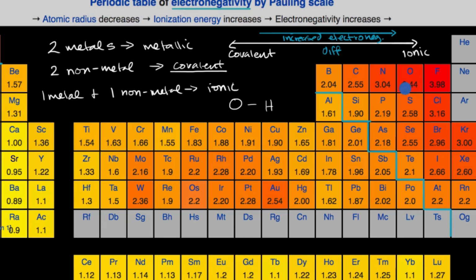This right over here is electronegativity measured on a Pauling scale, named after the famous biologist and chemist Linus Pauling. And you can see on that scale, oxygen is a 3.44, one of the most electronegative atoms. Electronegativity trends, we talk about in other videos, goes from bottom left to top right. The things at the top right that are not